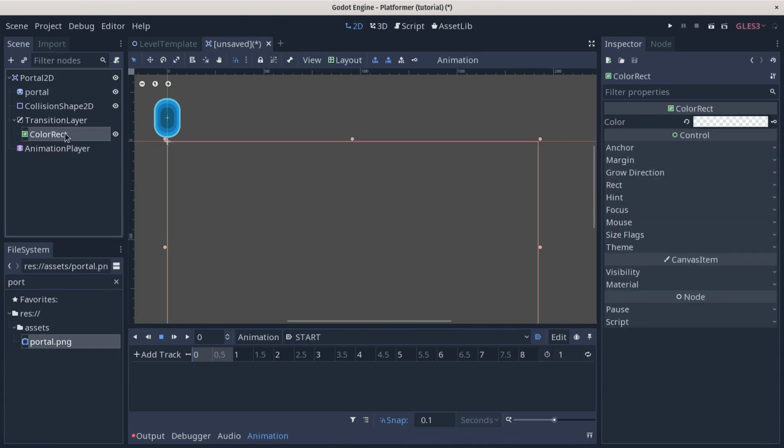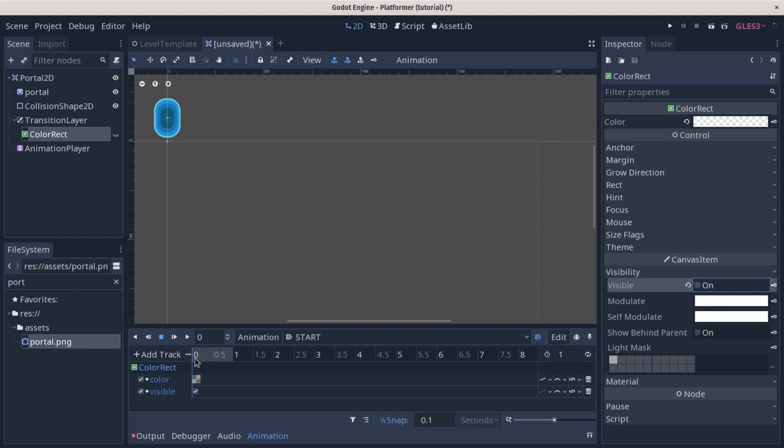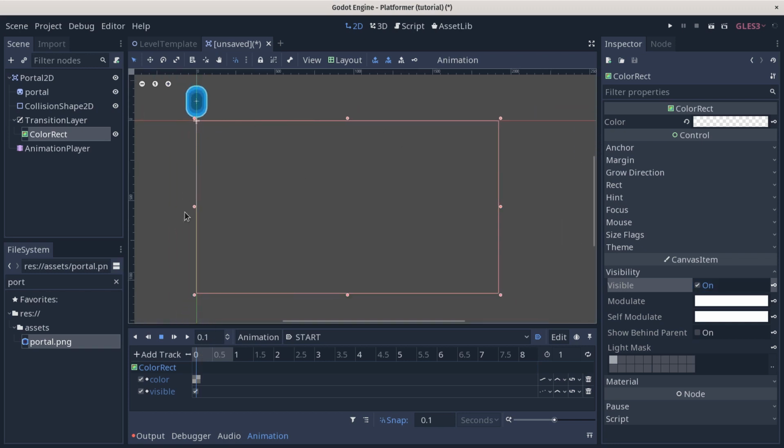So we're going to select the color rectangle and press the key icon next to color so that we have a key for our start color. And we're also going to go under the visibility tab and ensure that at first the node is invisible. That way it's not going to draw at all in the game, which can optimize rendering performances, especially on low-end